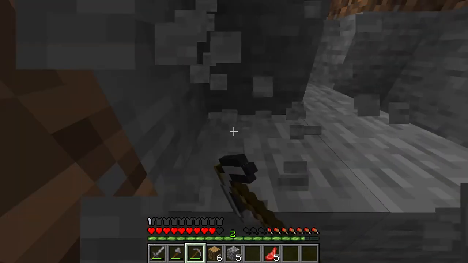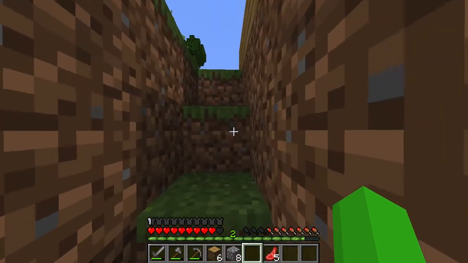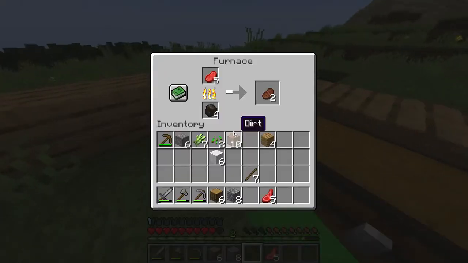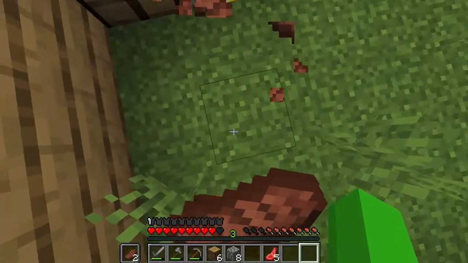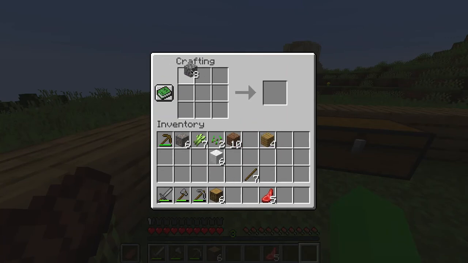Because it takes time to smelt, and it's a bit annoying sometimes when you don't want to wait to start smelting something. You can just put this here, and then just continue what I'm doing with this in my right hand. And it doesn't take up a slot at the bottom here,